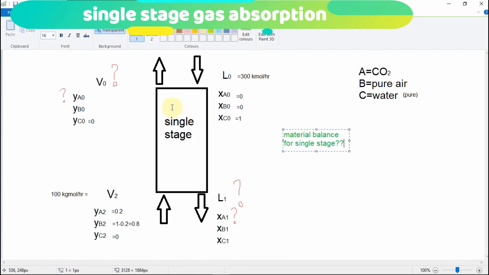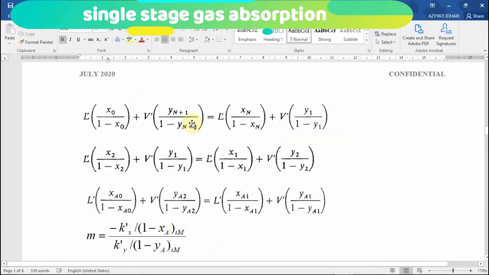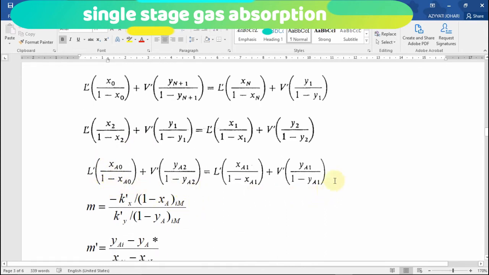So if there is no n and it contains knot, it refers to the single stage gas absorption column. So by using this equation,